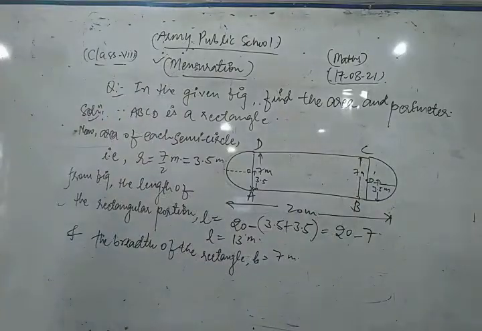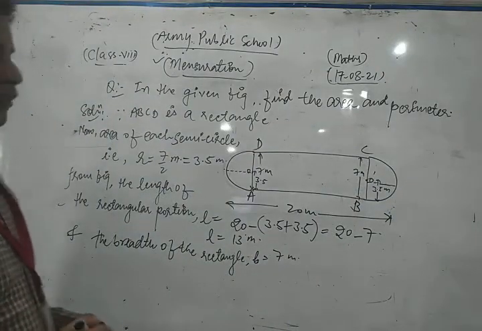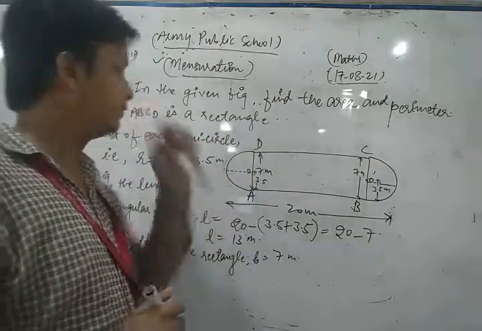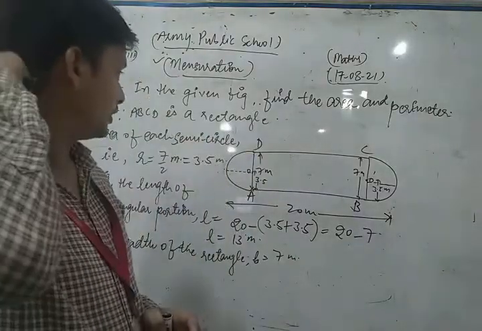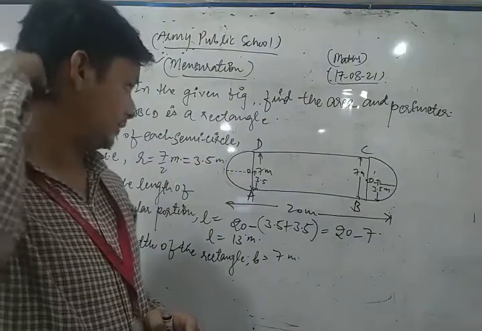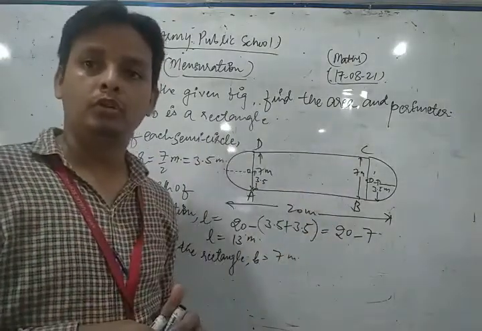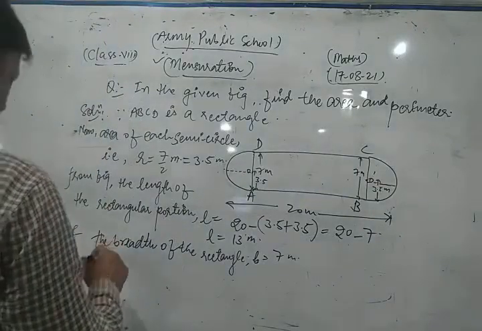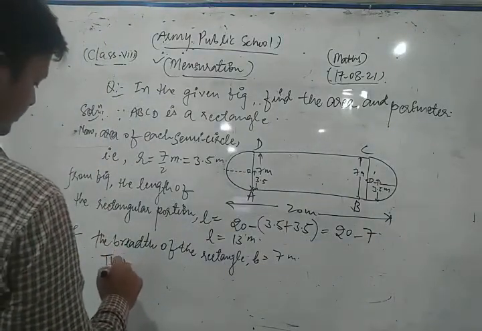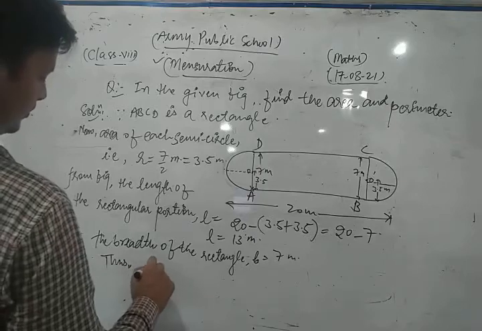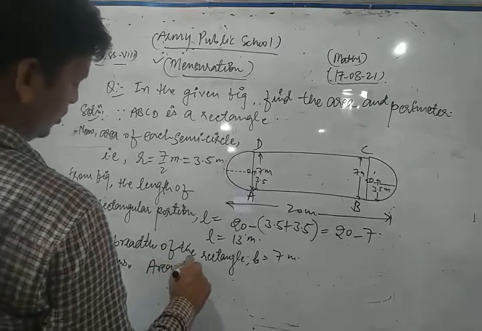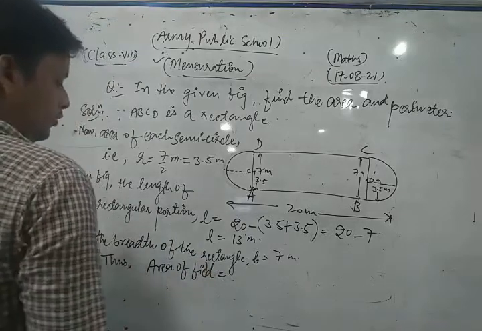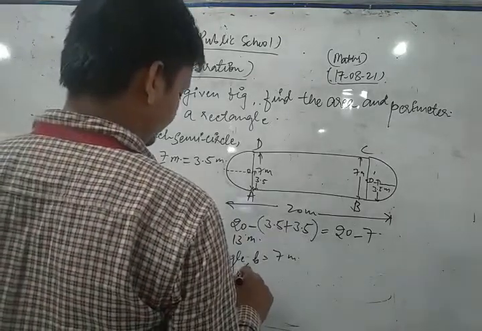Now look. We find what? We find the area and the perimeter of the field. So first of all, we find the area. Thus, area of field is equal to area of rectangle